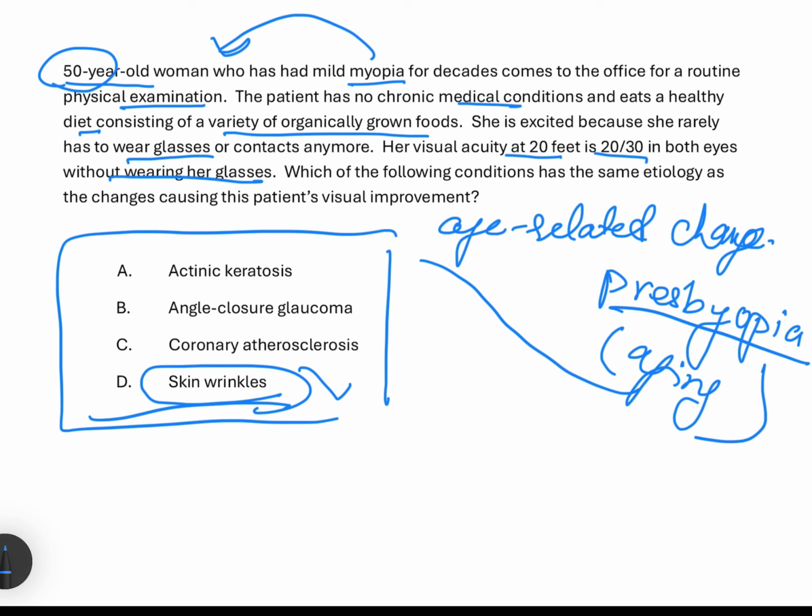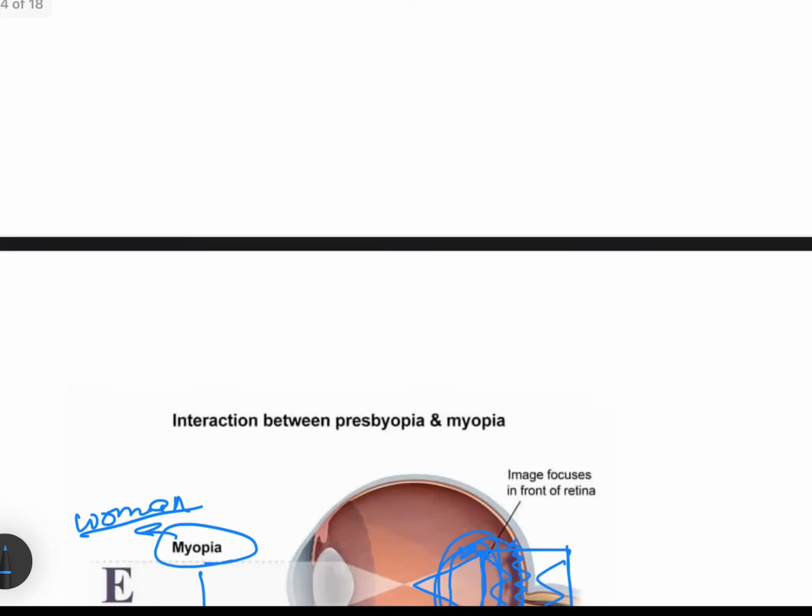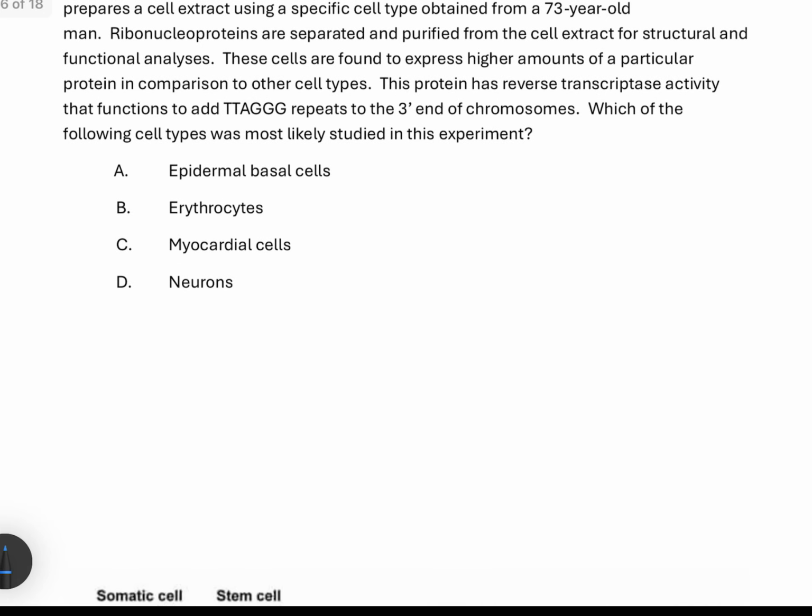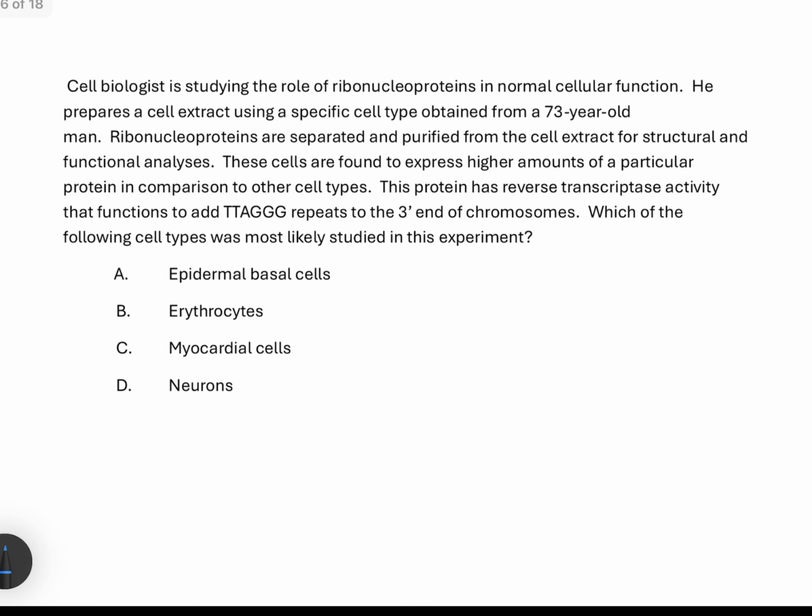But indeed, of all of them, the one related to aging is skin wrinkles. The answer is skin wrinkles. Now we are moving to our next question. Our next question is,